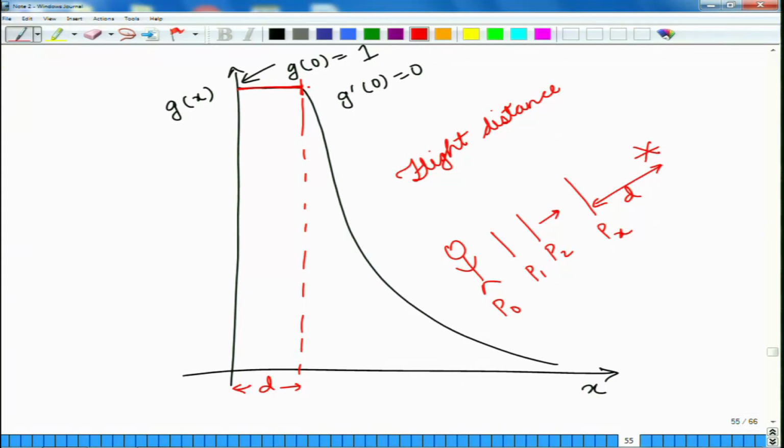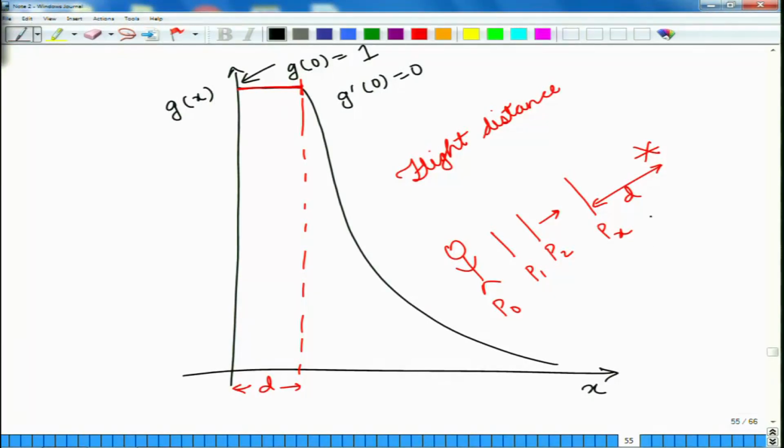So, when you are walking on a transect line, if the animal is at a distance greater than the flight distance, then the animal will just stay frozen there and it will not move, so we will not be able to detect it. But as soon as the animal is closer to the transect line than the flight distance, basically what we are saying is that when we are moving on our transect line A to B,